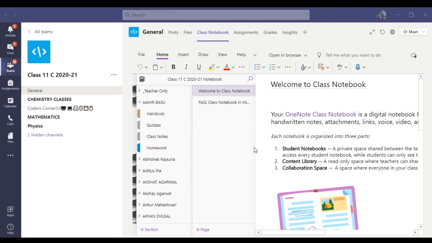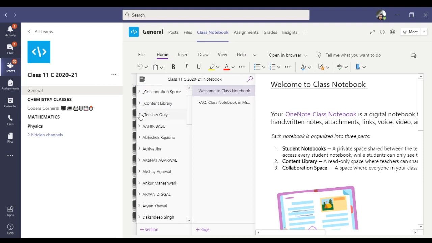If you want, we can add more sections or more pages in a particular section using these options. So this is the structure of the class notebook. All the menus are available here, which are very similar to the menus that we used to use in our PowerPoint or MS Word applications.